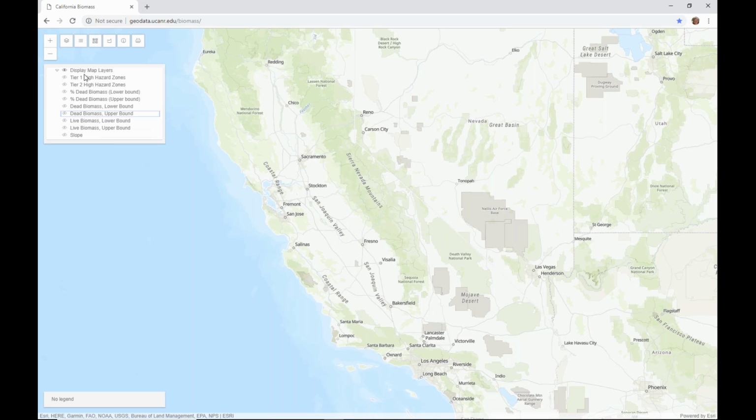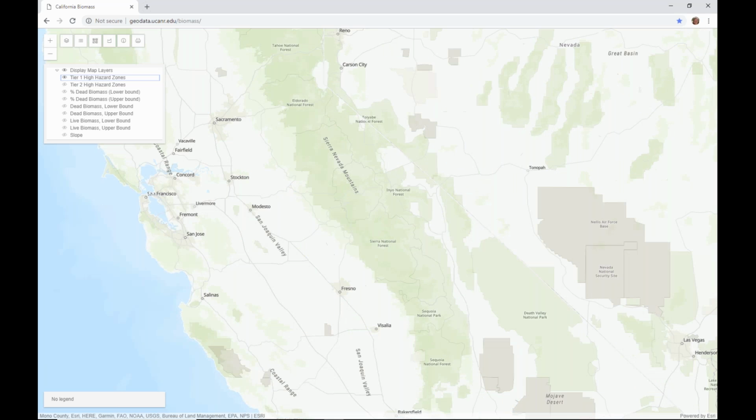I'm going to go through each of these map layers so that you understand what they each represent. I'll start out with high hazard zones. If you're not familiar with high hazard zones, they are a way that the state of California, in particular the Tree Mortality Task Force, is prioritizing areas of California for tree mortality mitigation and in particular tree removal.